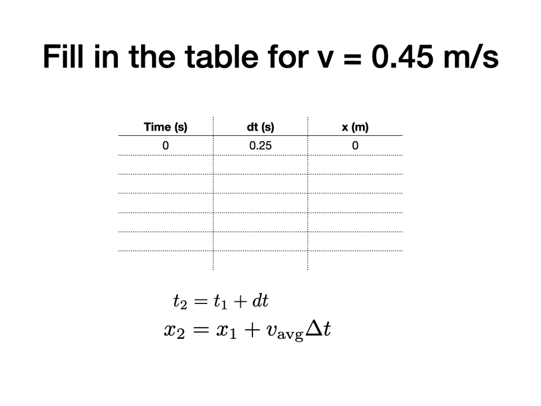If you did that for the first column, you get this. So I get 0 plus 0.25 is 0.25. That's still the same. This is 0 plus 0.45 times 0.25, and I get 0.1125. So after 0.25 seconds, this is where it's at. Now the next time right here, I'll go ahead and tell you, is 0.5 and then 0.75. So you can fill out all these times. We want to get all the way down to 1.5 seconds, and we want to find out what the position